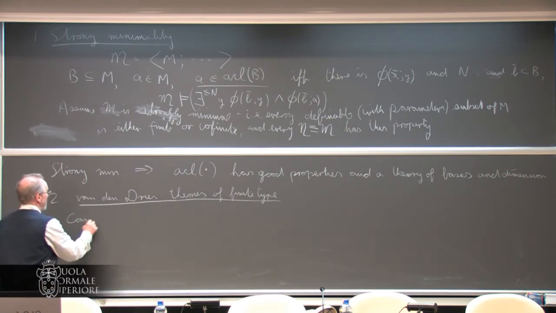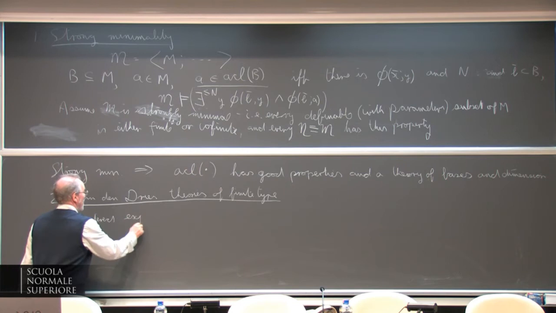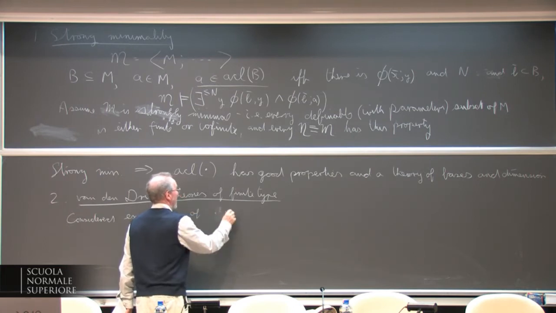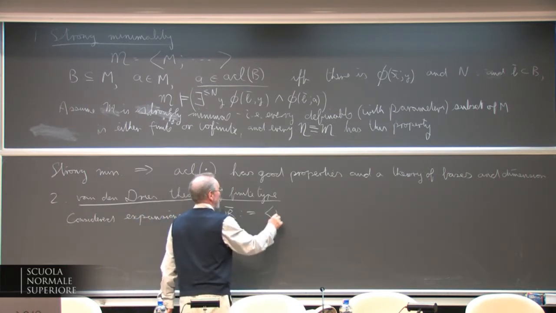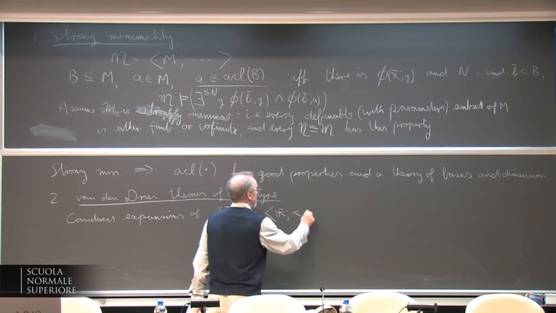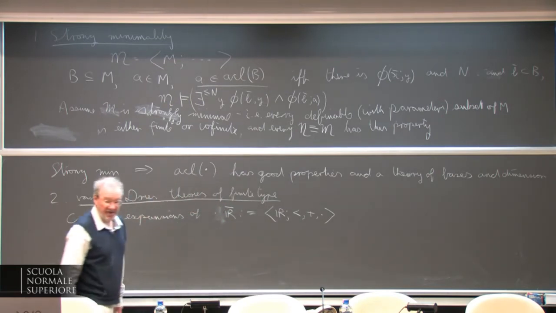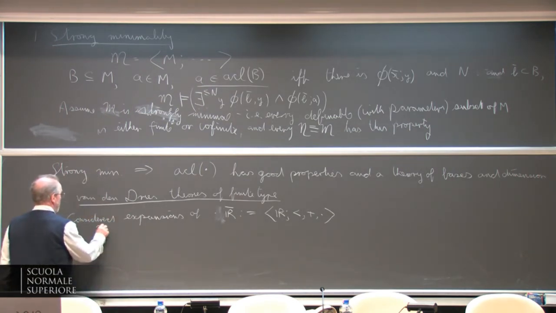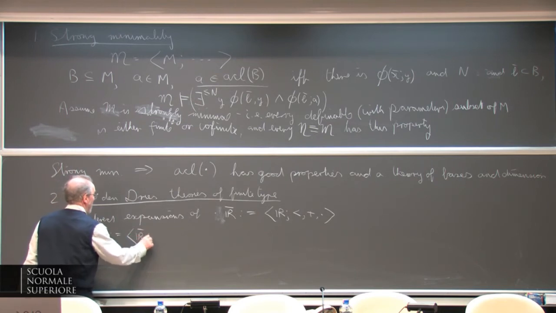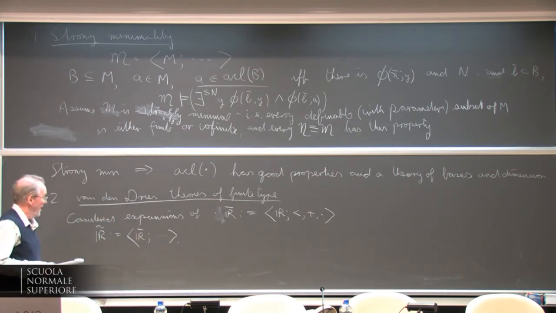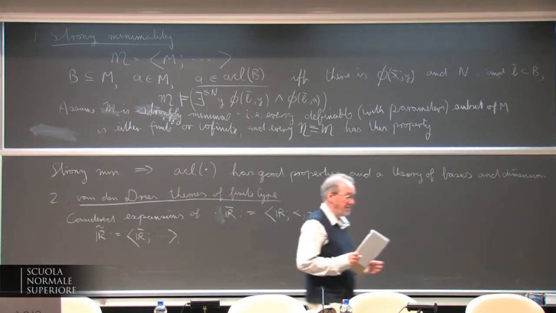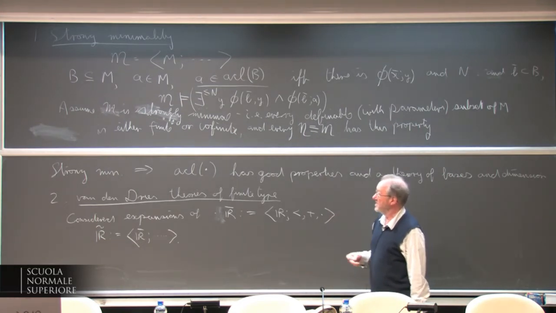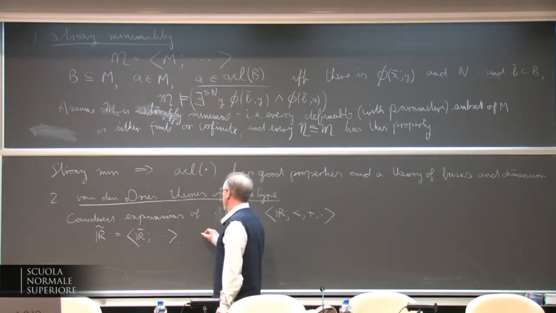And he just considered expansions of the structure I usually call R bar, which is just the real numbers with its ordering, addition and multiplication. So the ordered field of real numbers. So in other words, he was looking at structures that have this structure but possibly other things, and he was trying to prove something about the definable sets when we add the exponential function here, which was an old problem of Tarski. And he defined R tilde